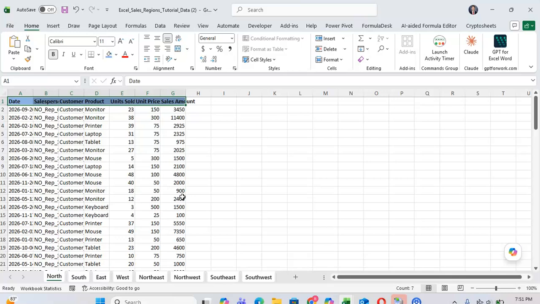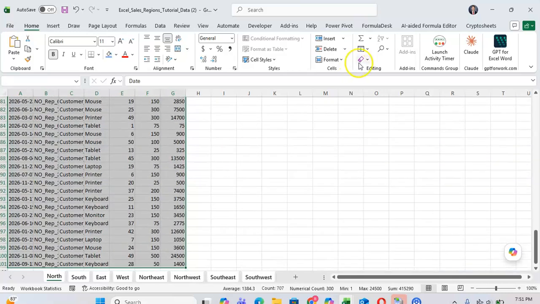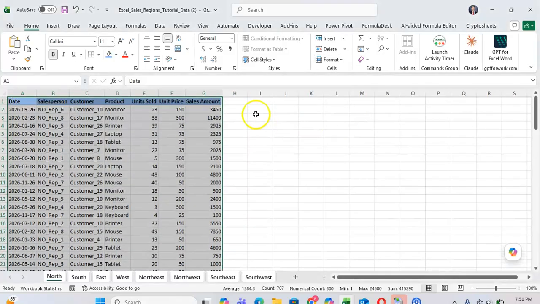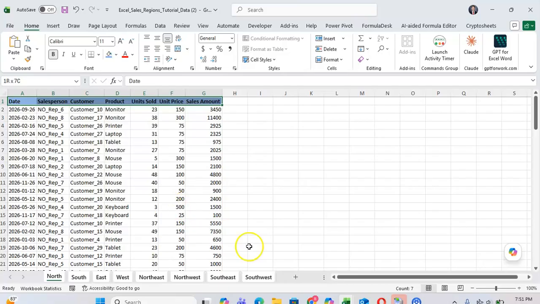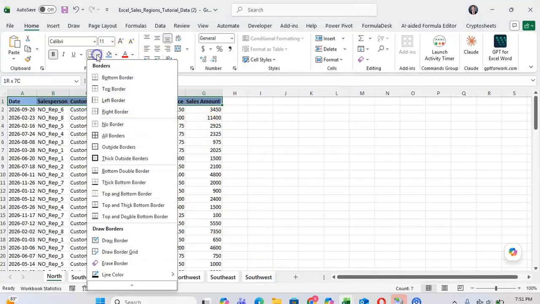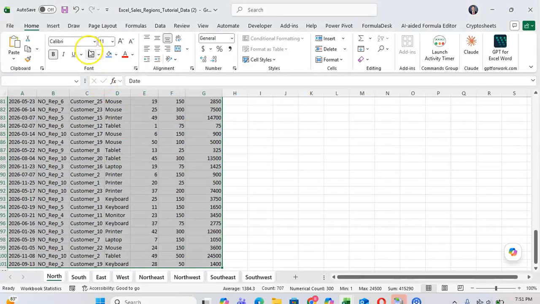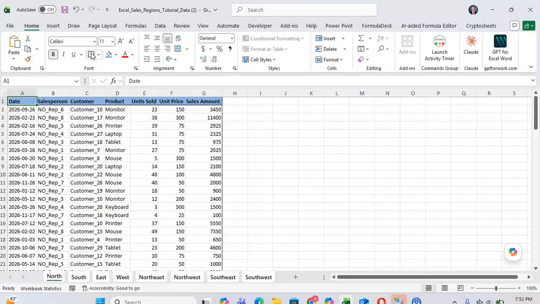Let's say we wanted to make the auto width, so auto fit column width. We want this to have, again, it's still highlighted, we want this to have a border, an outside border. We highlight this again, outside border, and we wanted this to be currency